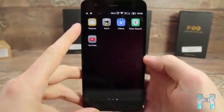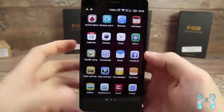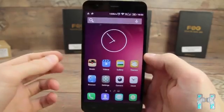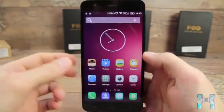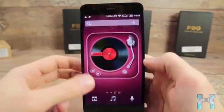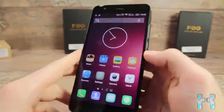We also have here the YouTube application. You will just see a movie test in a couple of seconds. Maybe some additional words regarding the build quality. Now the build quality for a plastic body phone is definitely good. So it's not some cheap plastic like on some Chinese clones. It's very good plastic. But I'm not happy with the Gorilla Glass 3 or whatever it is, because I already